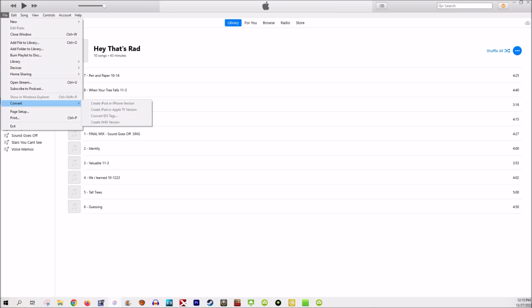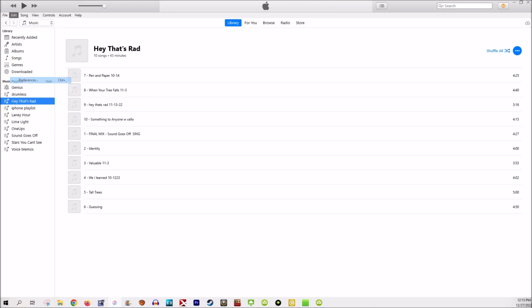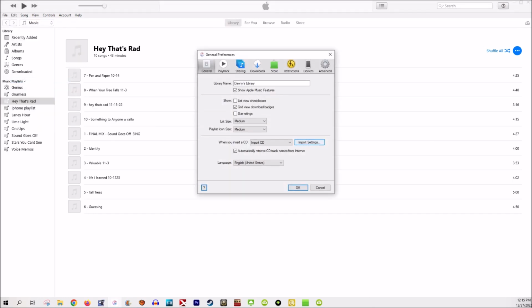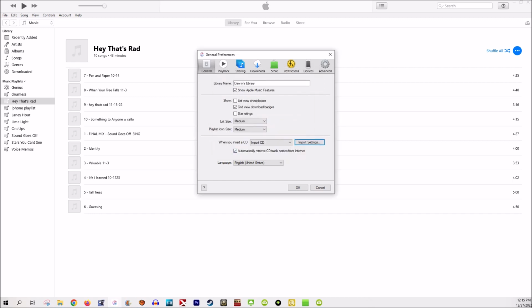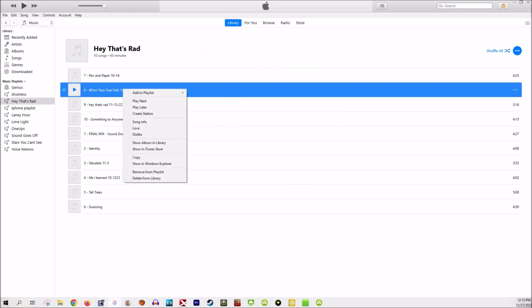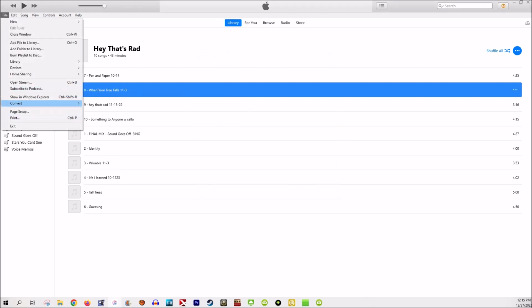File convert is where you're going to convert, but make sure you edit your preferences first. Your import settings are right here. You want to use wave encoder, select custom, 44.100 kilohertz, 16-bit, and stereo. Hit OK. Then go ahead and select the songs that you want, and you'll go to File to hit Convert